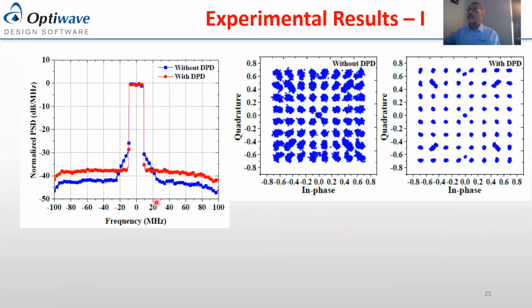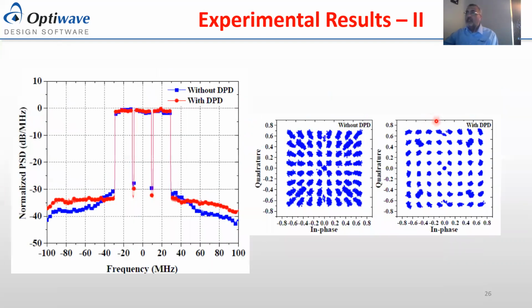Now, these are the experimental results showing the detected power spectra of the signal without using the digital predistortion, and you can see the growth because of the nonlinearity. But you suppress this growth once you use the digital predistortion scheme. Comparing the constellation without digital predistortion and with digital predistortion, you can see how much improvement occurs in the constellation. Now, this is another experiment done with 3 subcarriers here. Each one of these is 20 megahertz, so the total is 60 megahertz, and this is the constellation as well.